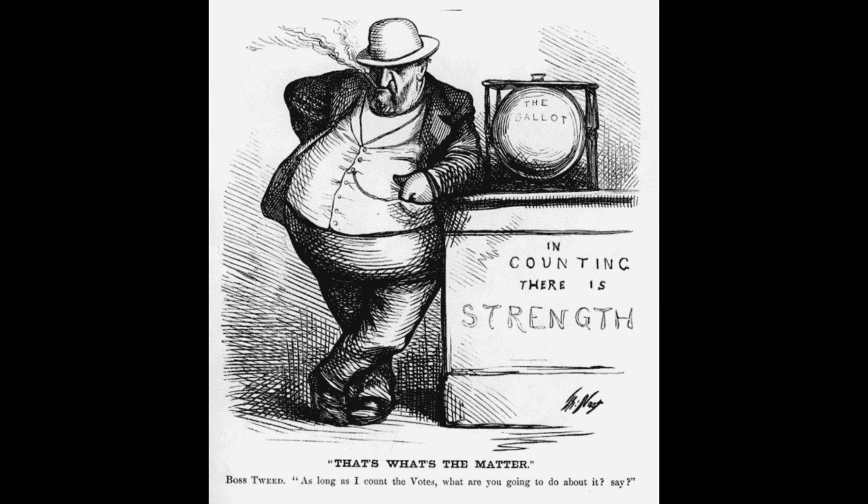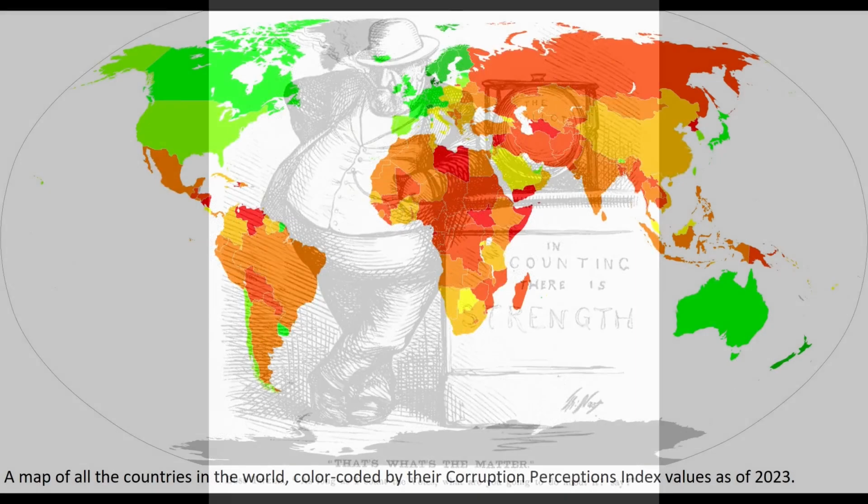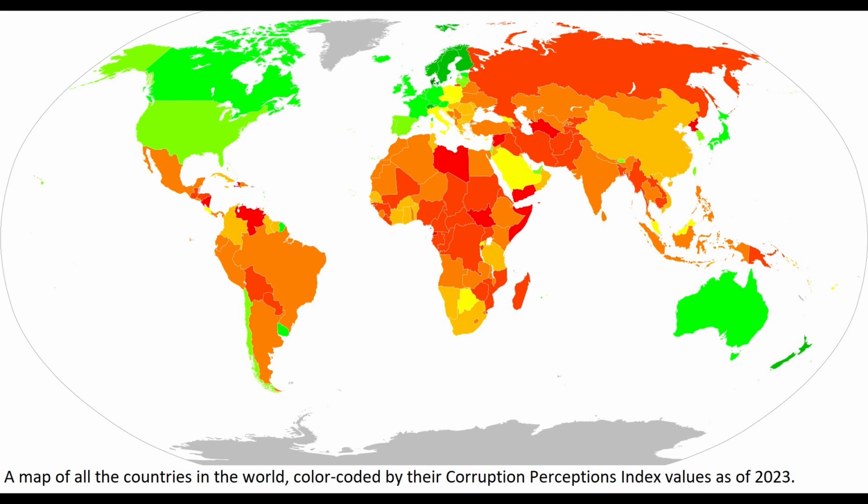So corruption refers to the illegitimate use of public power or position for private gain. So it includes activities such as bribery, money laundering, theft of government property, nepotism, smuggling, extortion, cronyism, and just a general failure to fulfill public duties and responsibilities. So it's a wide range of phenomena we're talking about here. But they share in common the idea that you have some sort of public position or role, as an elected official or an appointee or another responsibility that's being abused for private gain.